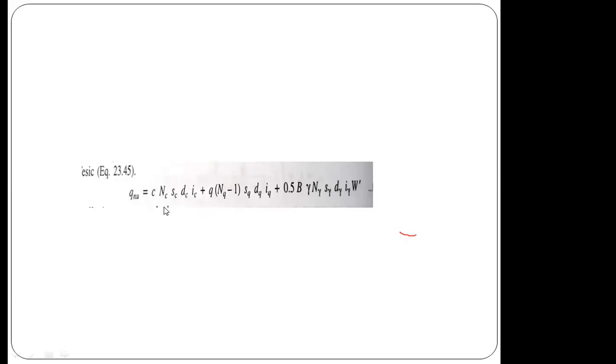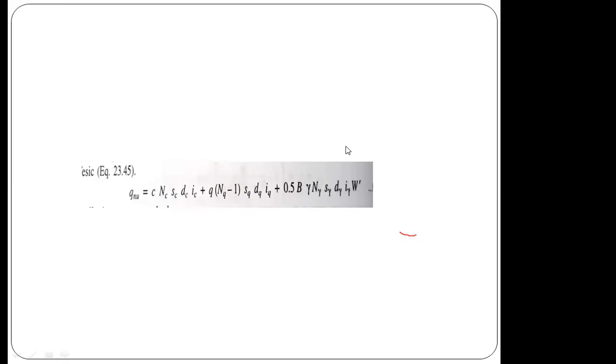If you see the equation here, any type of bearing capacity equation involves three things. It was discussed already. The bearing capacity mainly depends on surcharge, that is q term, the weight or unit weight term, and cohesion. It was discussed in Terzaghi's derivation also. Always any bearing capacity equation will be mostly in three terms: the first is cohesion, the second regarding surcharge, the third regarding the unit weight of the soil.